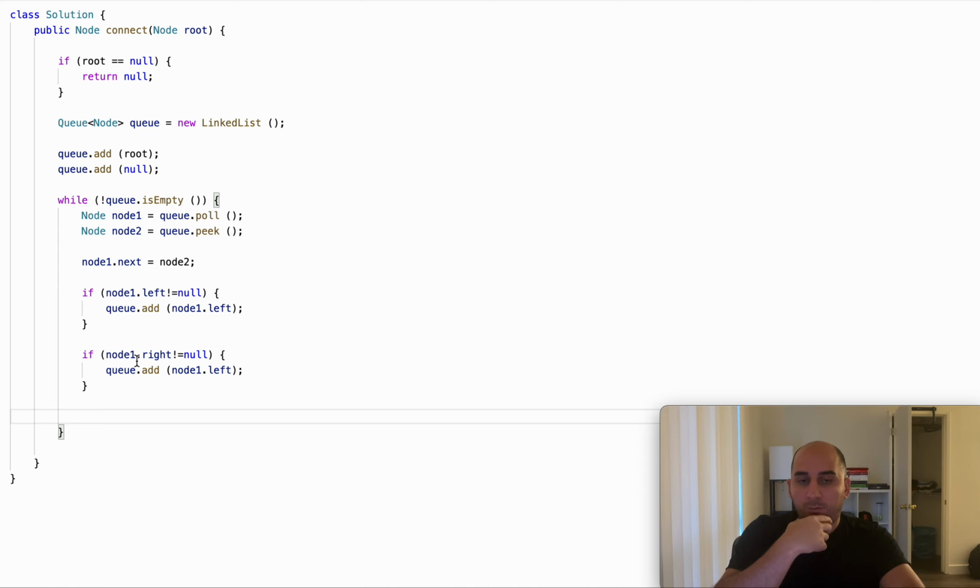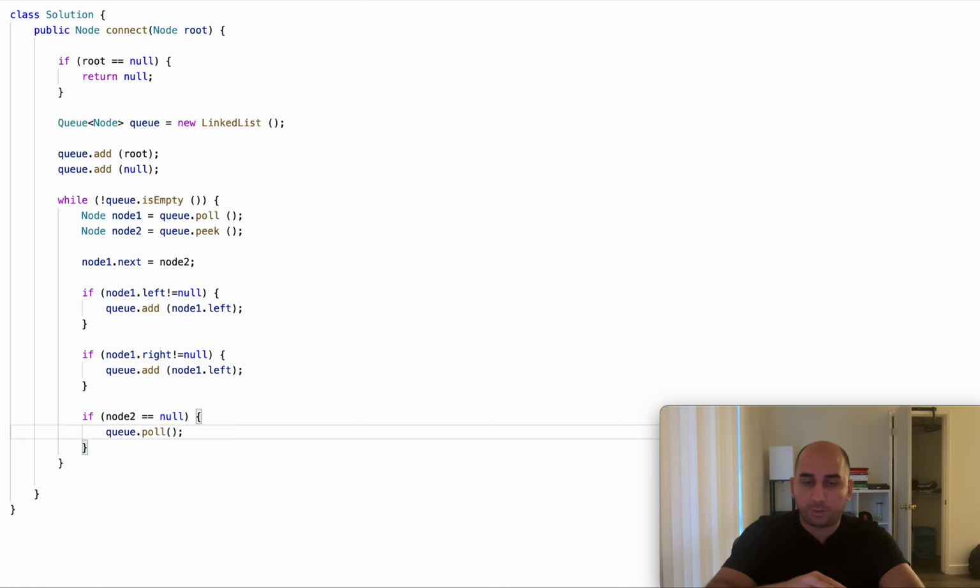If node 2 is equal to null, what does that mean? It means that we completed the first layer, or whatever layer, or n layer, right? So in that case, we need to take from the queue. We need to pull. So we finished the first layer, we are going to the next layer. So we are pulling from the queue,